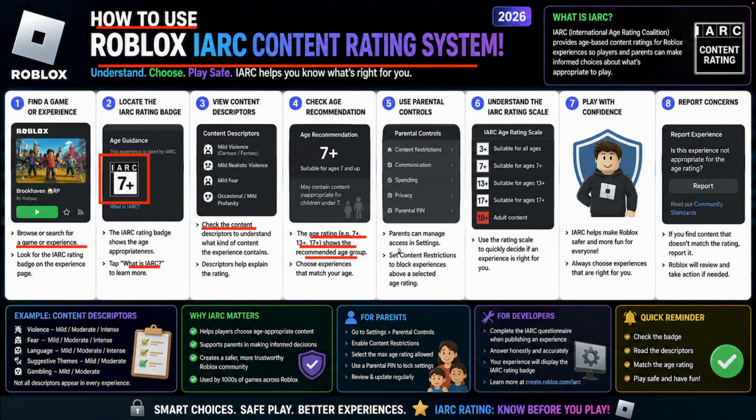and helps you choose experiences that match your age. Parents can also manage access in settings and set content restrictions to block experiences above the selected age rating. Use the rating scale to quickly decide if an experience is right for you. I hope this video clarifies